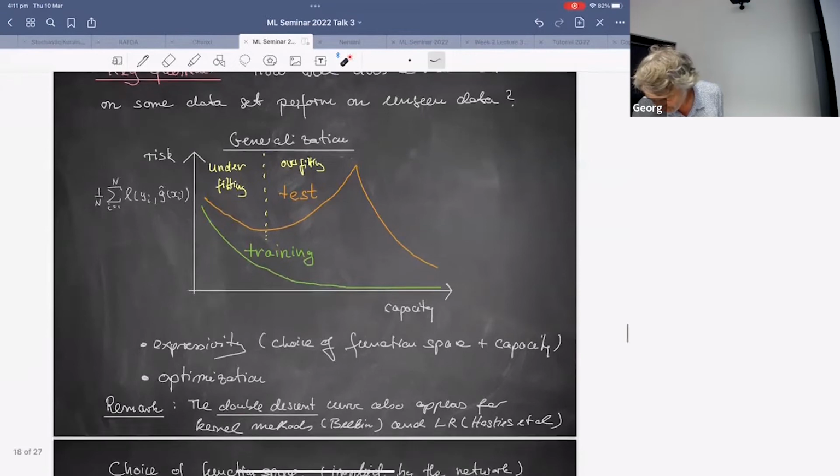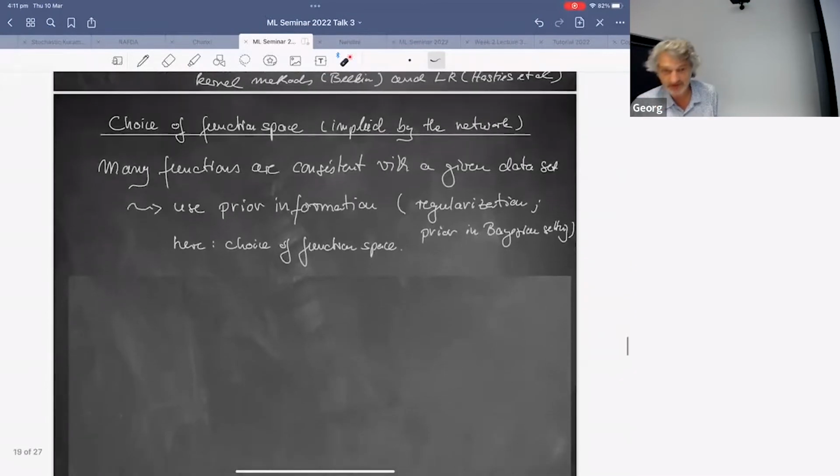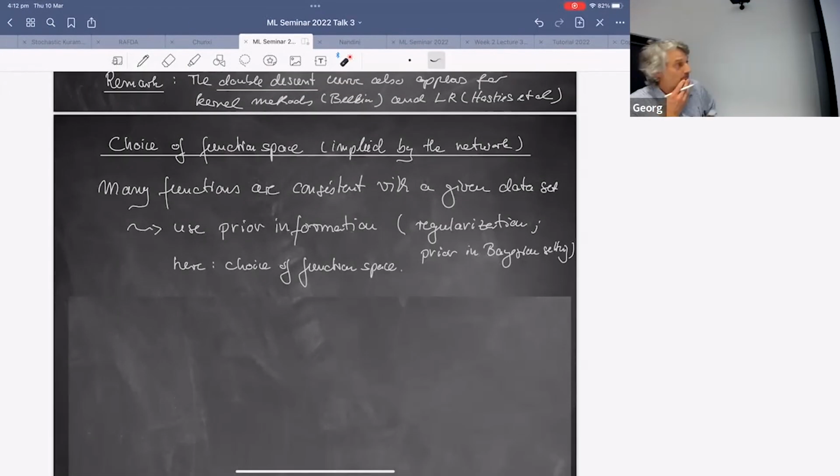Okay, so about the expressivity now. If you want to fit data, there are lots of functions that are consistent with a given data set. I can make up gazillions of those, and they will fit, and there will be good models on the testing data. So what one would like to use is some kind of prior information. Joel mentioned regularization. That is some kind of prior information. If you do L1 regularization, our prior information is that we want to be sparse in parameter space.